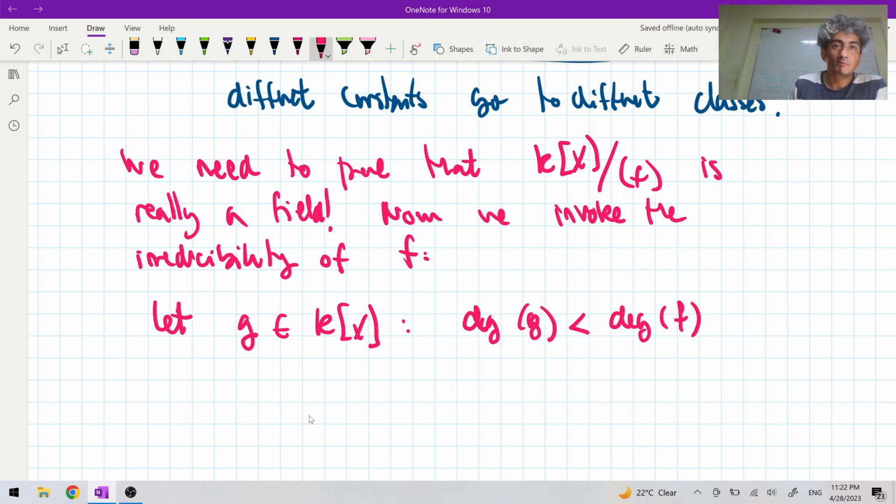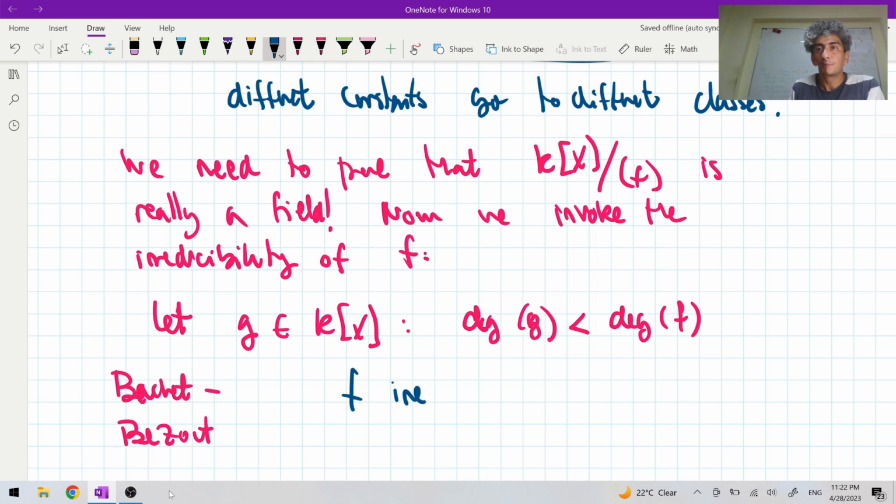Now we're going to use the Cauchy-Bézout theorem. F irreducible says that g and f have no common factors